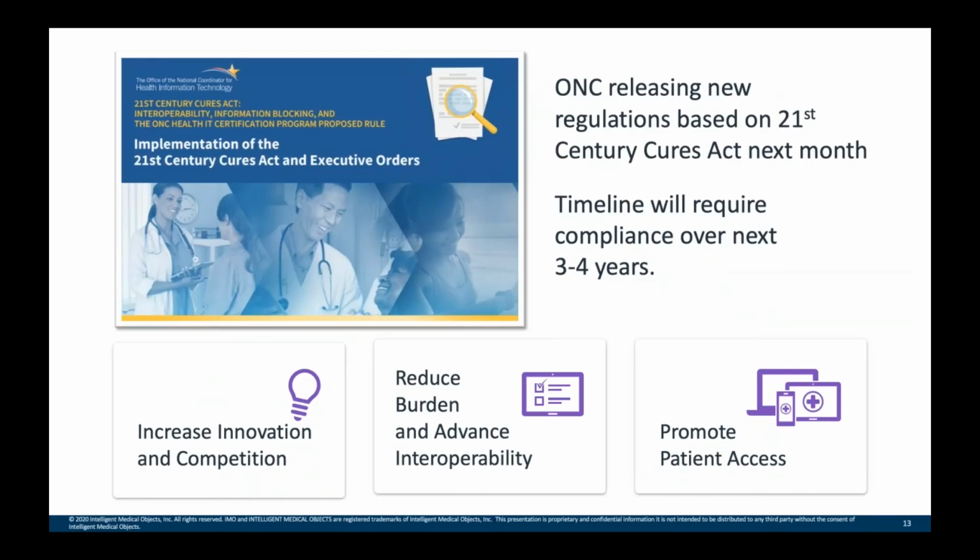Unfortunately, things are about to get a lot worse. The 21st Century Cures Act, which was passed in December 2016, had some good intentions. And I'm not going to go into the details of the act itself, but the Office of the National Coordinator, or ONC, who is responsible for authoring the regulations called out by the Cures Act, released a notice of proposed rulemaking in 2019. And with the intent of, 1, increasing innovation and competition, 2, reducing burden and advancing interoperability, and